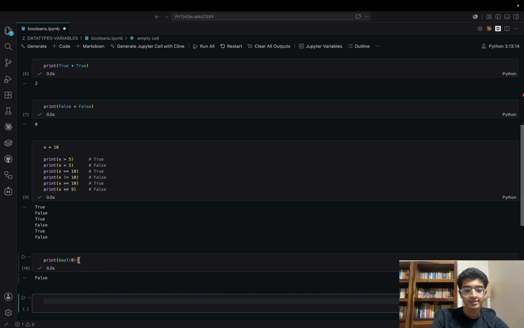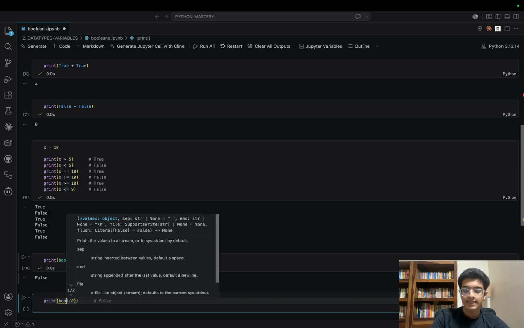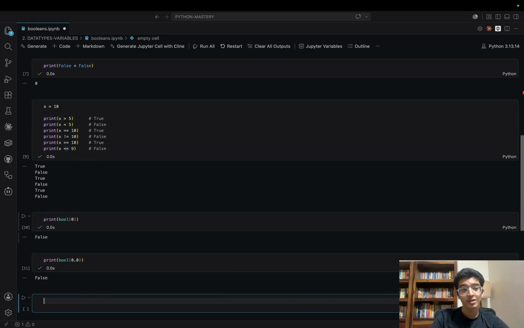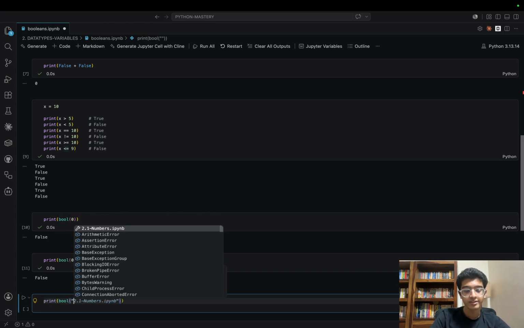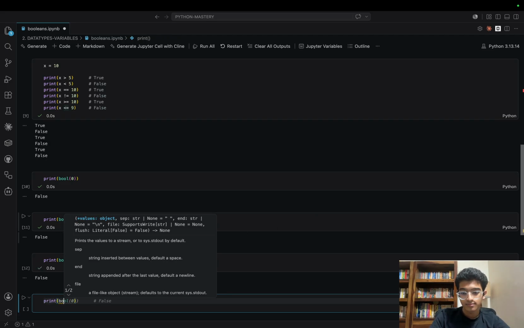So when I convert 0, it is giving me False. Now this was an integer. If I try 0.0, it also gives me False. And let's try something different, for example, an empty string, it gives me False. And if I put an empty list,